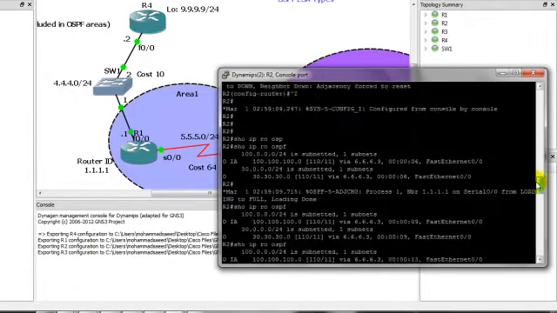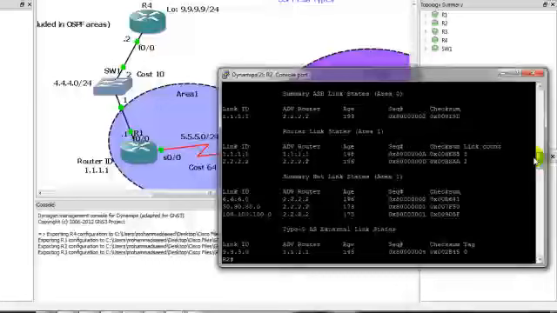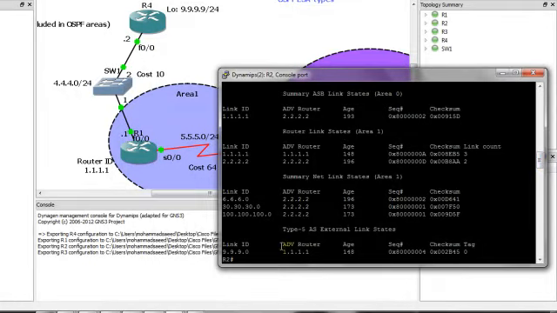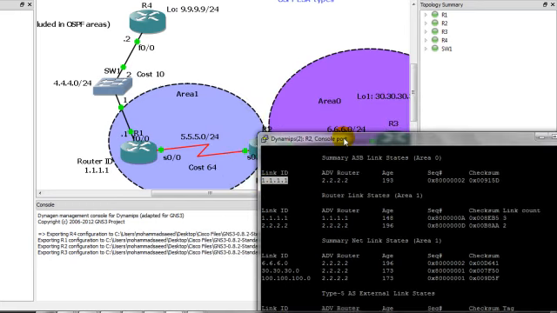Should I see here like this? Before I did this, look at this. Before I make the NSSA, the type 5 is advertised from router 1. It brings this network address from external to the router 1, the ASBR. Then look at this, router 2 takes from the ASBR, this is 1.1.1.1, to advertise the external route to